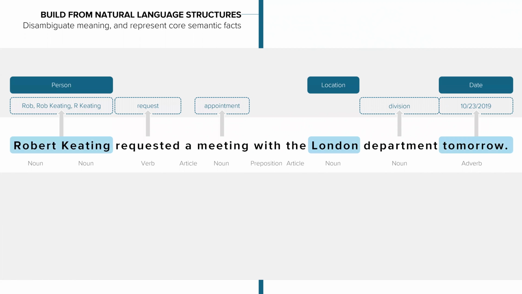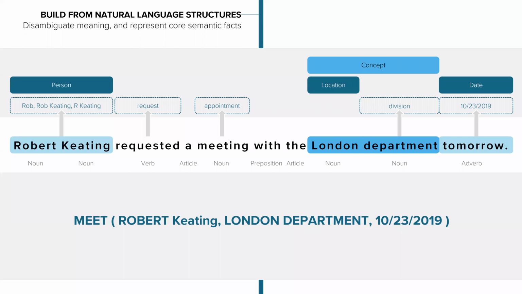From there, it also builds up and classifies each of the individual entities that it's finding. So it knows right away that Keating is a person based on where it falls in the sentence. It knows that London is a location and not somebody's last name based on where it falls in the sentence. And it knows that tomorrow designates a particular date. And it codifies all of that into a machine language, into a distilled conceptual understanding. And this is one of the things that makes ayfie so intuitive to end users, because you can still read this machine concept and understand it the same way you did the sentence. So even at its root level, ayfie becomes very intuitive to understand.